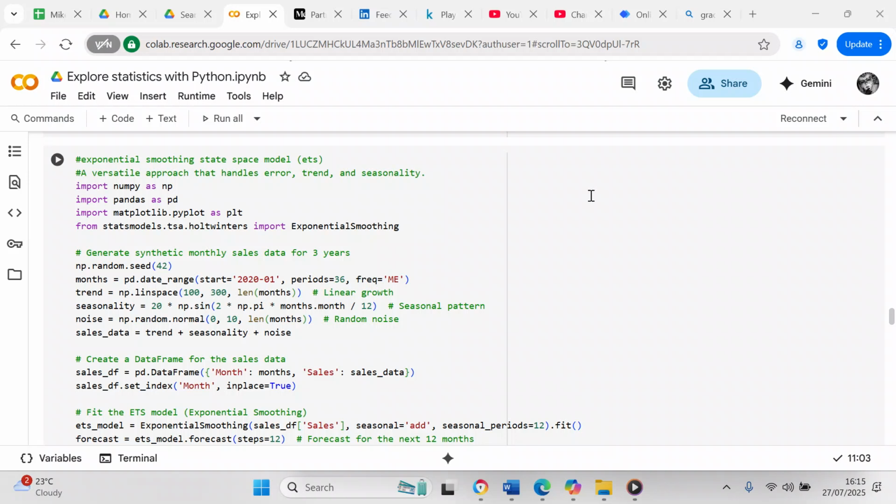In this particular video, what we're going to be talking about is exponential smoothing state space. In a previous video, we did cover exponential smoothing, and we covered simple exponential smoothing. But in this video, we're just going to be covering standard exponential smoothing. Exponential smoothing state space is a versatile approach that handles error, trend, and seasonality. And so basically what we're going to do is write a program in Python to demonstrate exponential